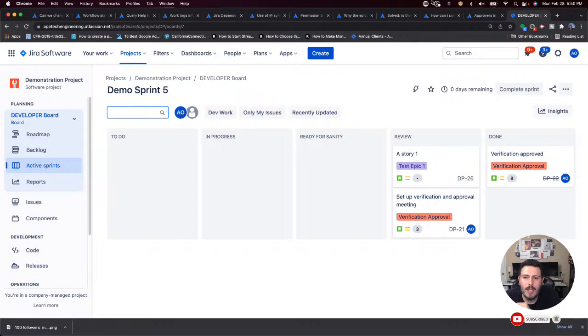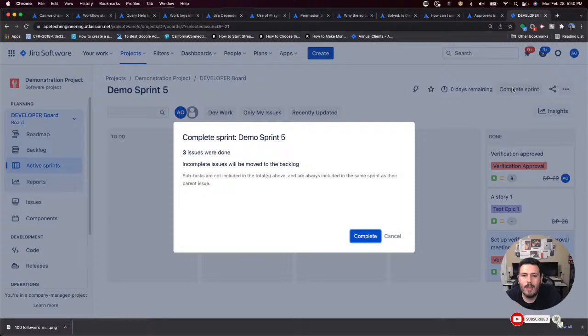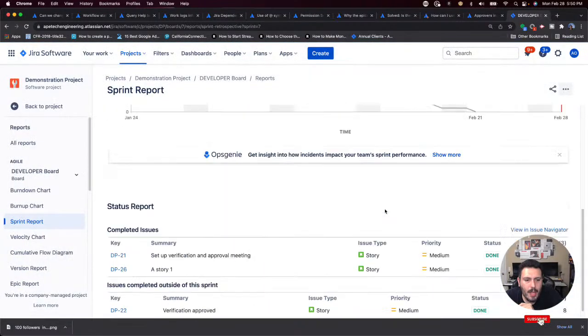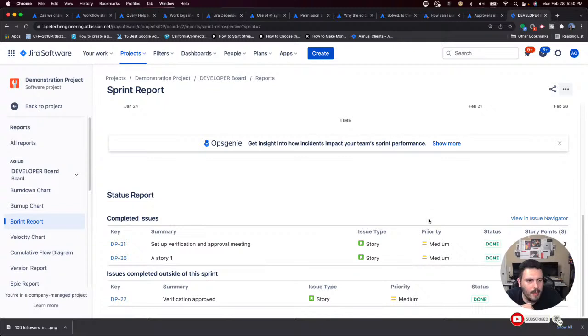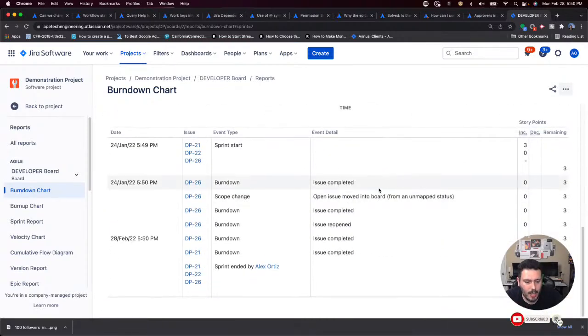But when you close your sprint, and I'm just going to move these items here to done, and then I'm going to close my sprint, you get a sprint report. And what's cool about the sprint report, you get the burn down chart. That's what I want. So you don't want the sprint report, you want your burn down chart, and I'm going to take a screenshot of this. And so the burn down chart is going to give this guy what he's looking for, I believe.